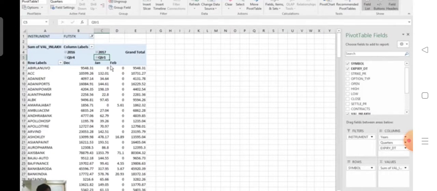Then if you expand that further, you can see in December this is the next volume, in January this is the volume, right? So if you want to make a judgment that I want to see which instrument out of stock future has